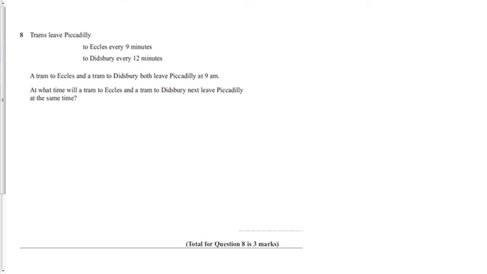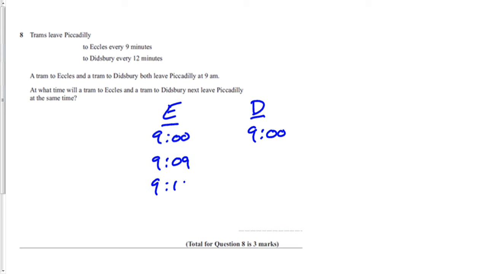Question 8. Trams leave Piccadilly to Eccles every 9 minutes, to Didsbury every 12 minutes. So we've got Eccles and we've got Didsbury. So both leave at 9. So we've got 9 AM in the morning, and we've got a tram leaving to Eccles and Didsbury. Now the next tram to Eccles is going to be at 9:09. The next one after that is going to be at 9:18,